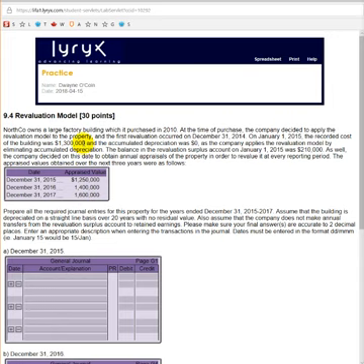It went from 1.3 million down to 1.25, so there's a little bit of a direction change there, and then goes up to 1.4 and up to 1.6. It says to prepare all the required journal entries for this property for the years ended December 31st, 2015, 16, and 17. And we're assuming that the building is depreciated on a straight line basis over 20 years with no